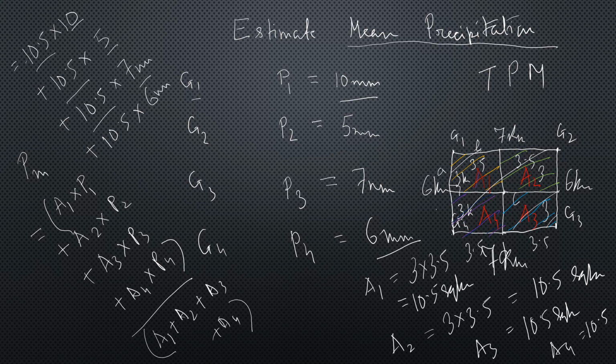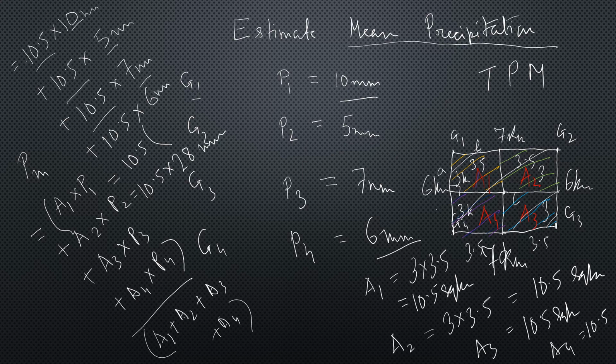Now as A1 to A4 are all 10.5, take 10.5 common, and then what happens? These are all in equal unit, 10 mm, 5 mm, 7 mm, 6 mm. So 15, 20 to 28. So you can say this as 10.5 multiplied by 28, correct? 10 plus 5 plus 7 means 22, plus 6 is 28. But this is in millimeter, so you have to bring it into kilometer